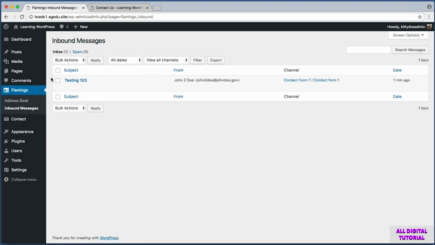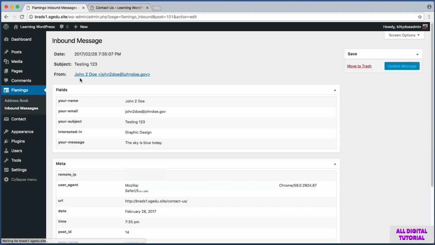Now behind the scenes, I did just receive an email with this information, but like we mentioned earlier, email isn't always the ideal solution. So now we have another copy of that contact form submission right here. So I can go ahead and click on the subject line to view the full form submission. And now we get all of the info. So not only their name and email, but we can see what they're interested in. So graphic design, and we can see their body message. The sky is blue